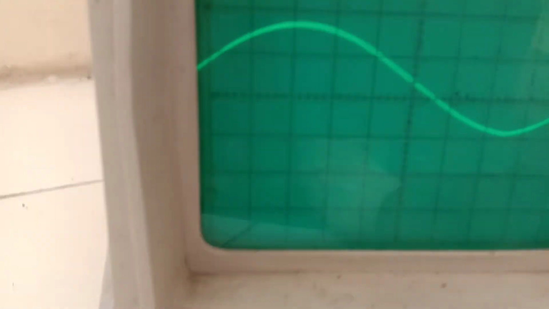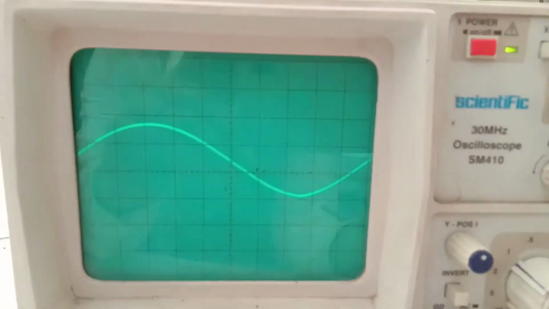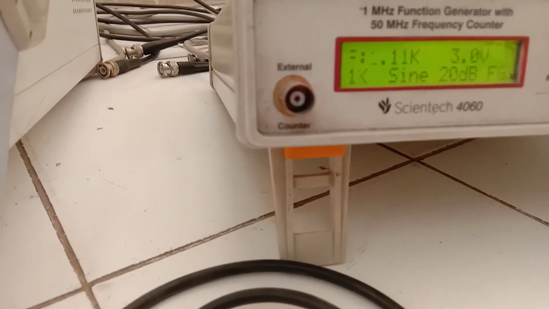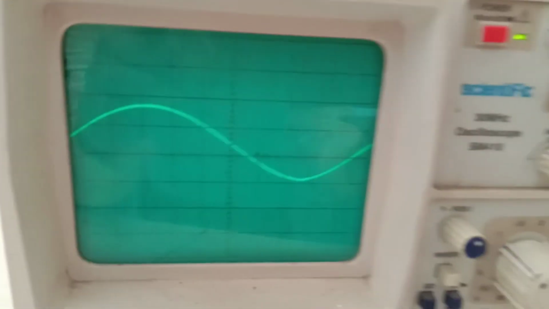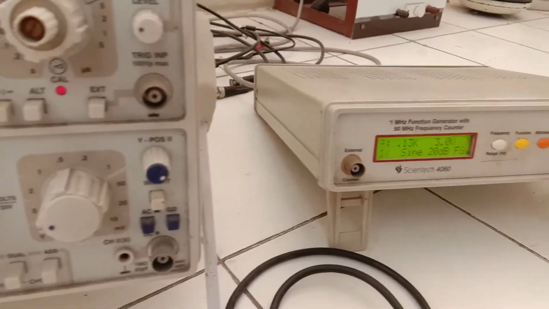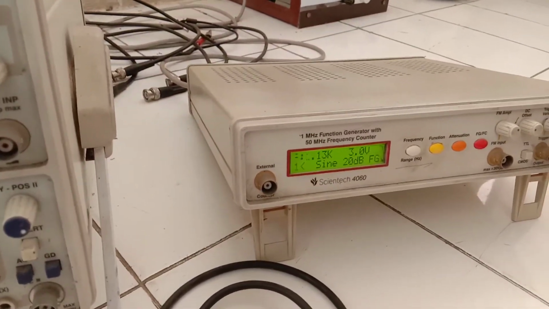So this is how the frequency changes by changing the switch. This is the frequency band I am changing. Let's say if I want to make small changes in frequency, then I will do it with this button. Here you can see the changes in the frequency. So for changing the frequency band, this button is used. For small variations, this button is used.